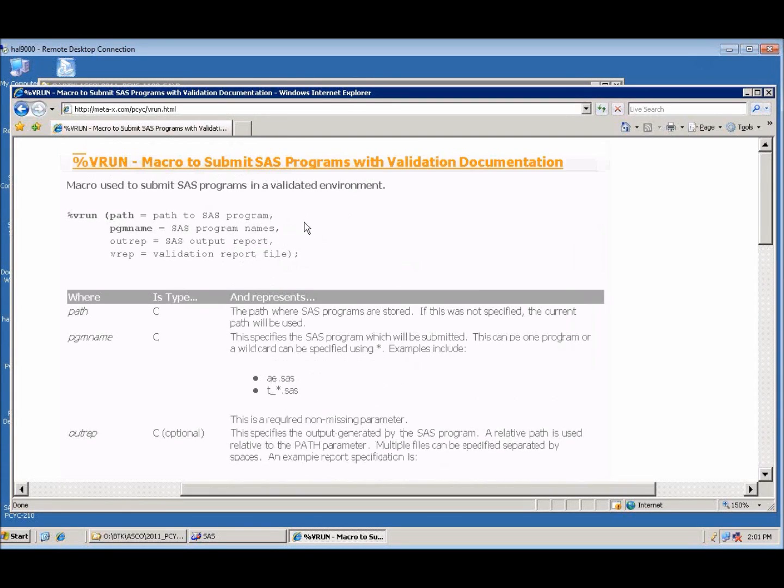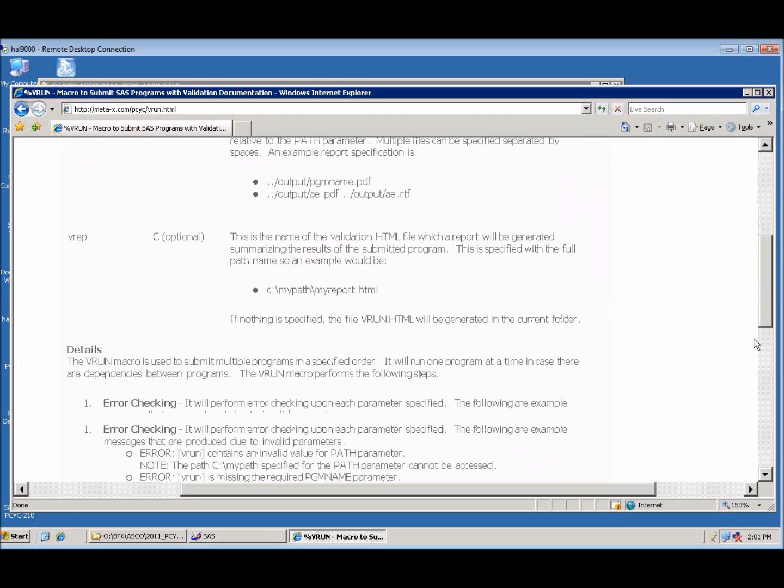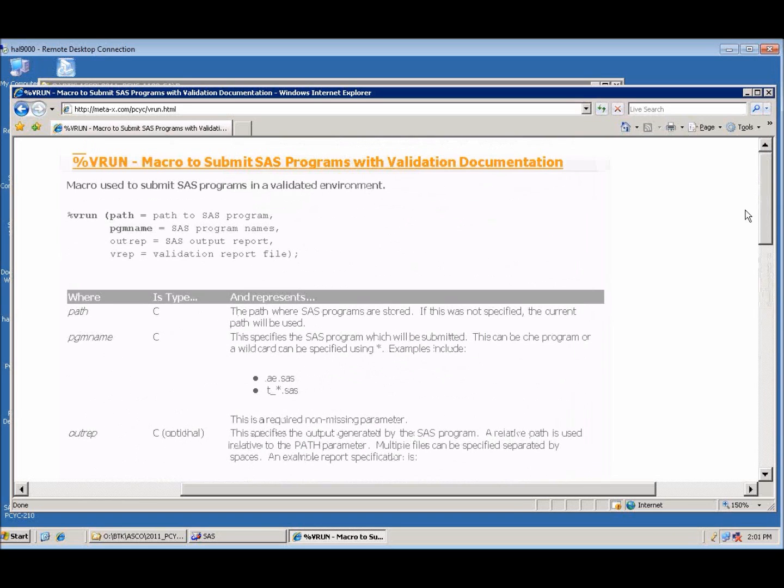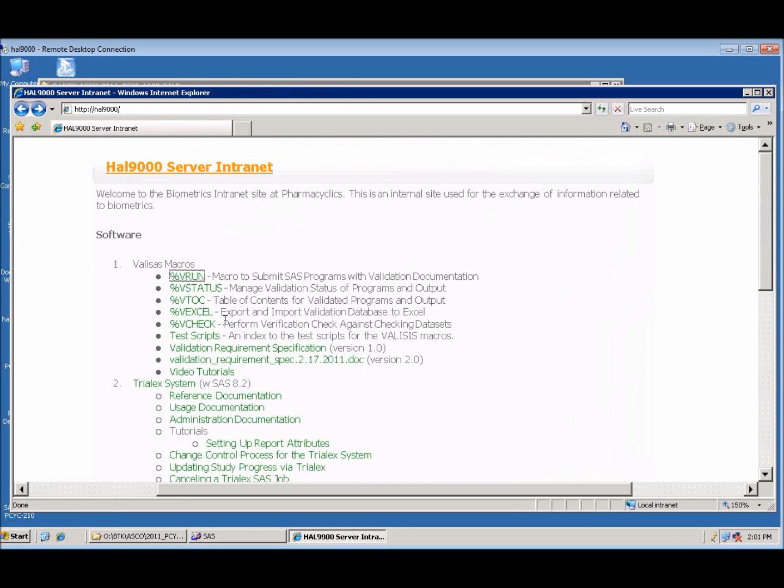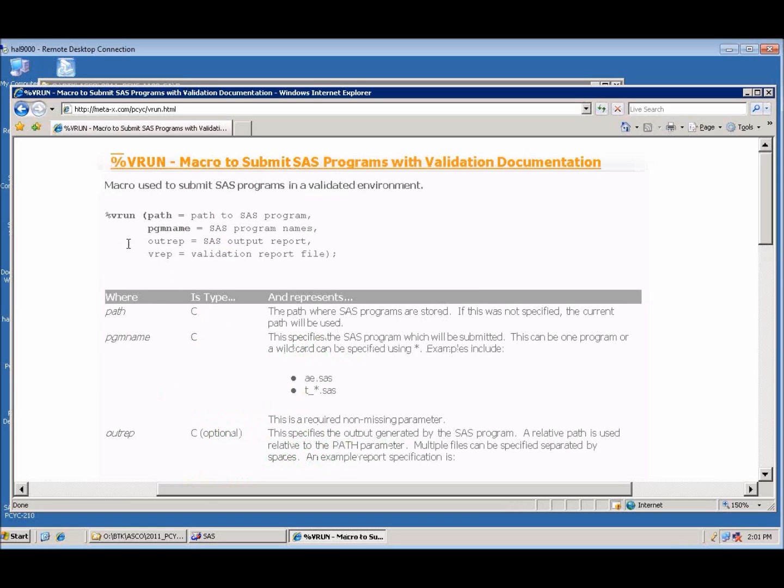The VRUN macro allows you to submit your SAS programs in a validated environment. It's used in conjunction with other macros such as the vStatus, the VTOC for table generation, exporting to Excel, and the vCheck, which checks your analysis. But normally the first one that you would run is the VRUN, which allows you to specify what path your